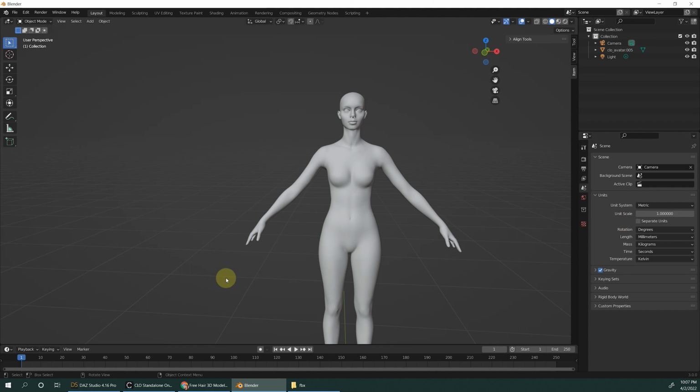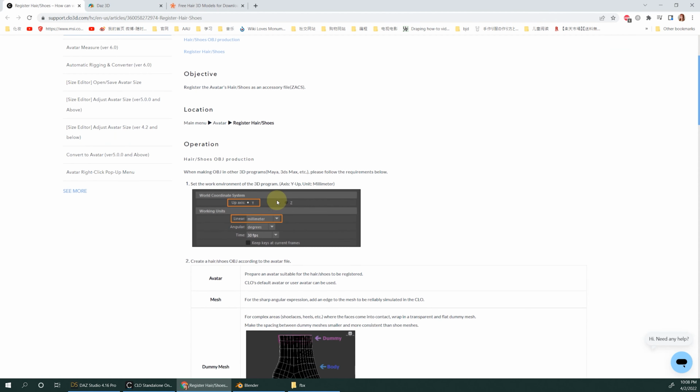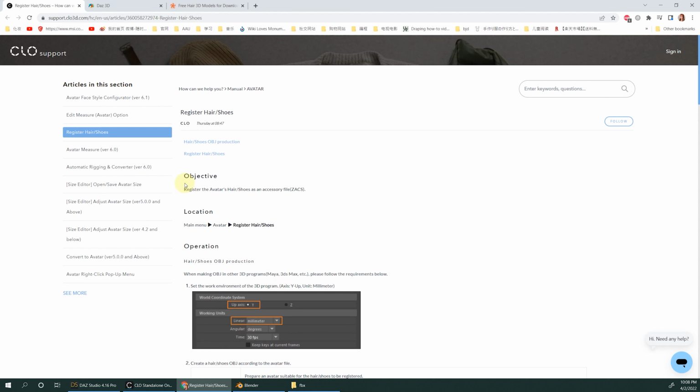This is really important because it shows on their website: set the work environment of the 3D program unit to millimeter.